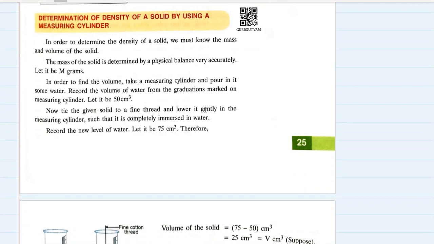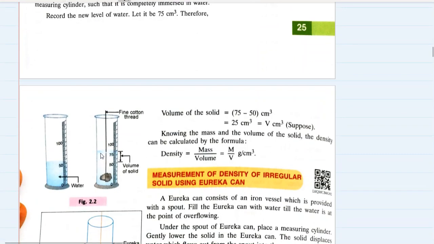See, now we know the formula for density. Density's formula is mass upon volume. So two things which we must know for finding density of a substance, of a solid. We are focusing on finding density of a solid over here. We should know the mass and we should know the volume. The mass can be measured by physical balance very accurately. You know physical balance? It's just like beam balance. So physical balance measures the mass, let it be m grams, and we have to find volume by using